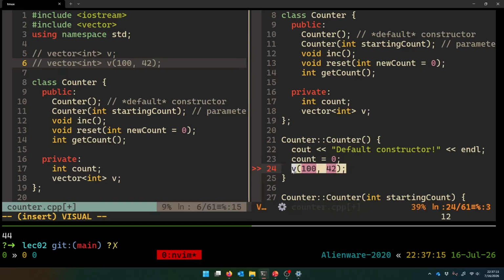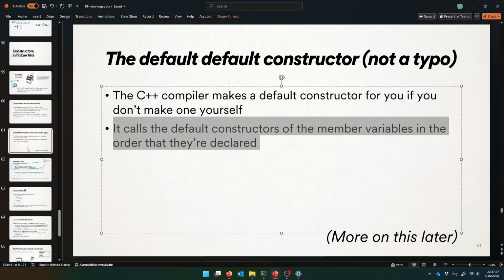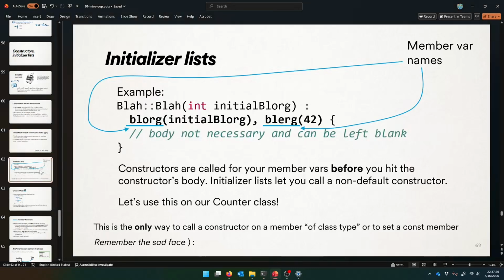And so if you want to call the constructor for your vector member variable in a different way, you don't want the default, you got to do it somewhere before the start of the body of your constructor. All right? Again, this is very weird stuff, but it will become useful one day. The way that you do this is you use what's called an initializer list. So you're forced to use an initializer list if you want to call some non-default constructor for a member variable, all right? And the way it looks is you do this sad face. Before the body of your constructor, this is like example class with a constructor, you put constructor calls,